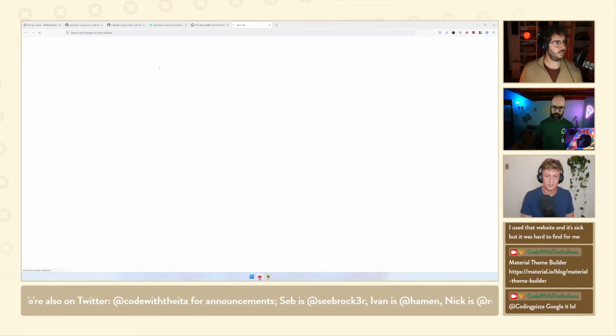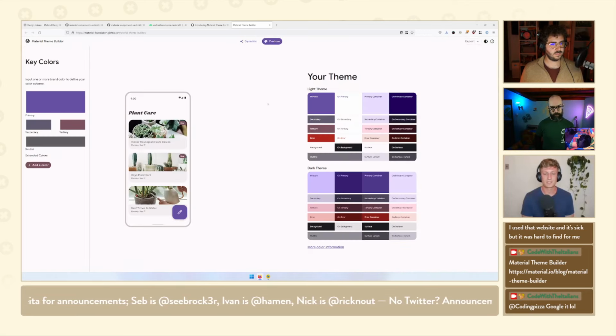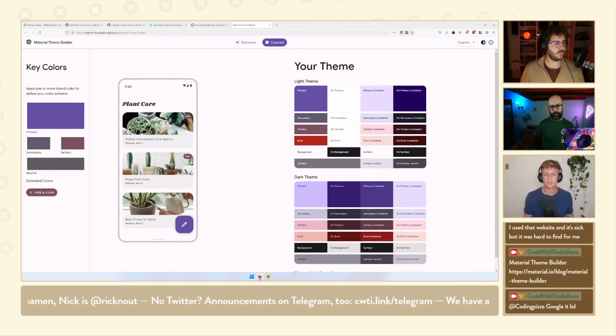Material themes on the web, and this is where you can visualize how dynamic color might look in an app, but there's also a tab at the top for custom. And this is, I think, the most interesting part of it for me, because it's pretty much the only tool that I'm aware of right now that allows you to take, say, some existing brand colors or some stuff from your Material 2 app and convert it almost into a Material You type look and feel. This is the tool to use.